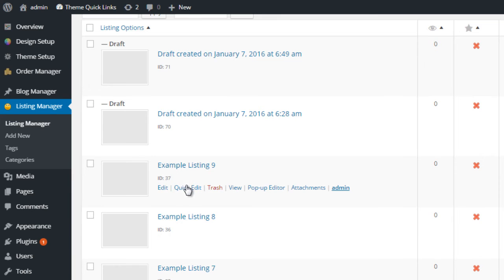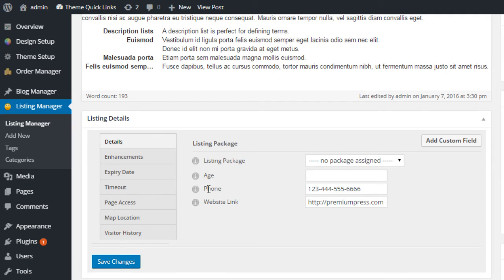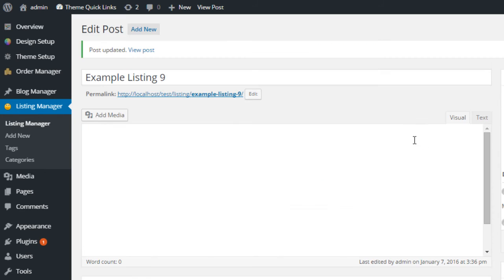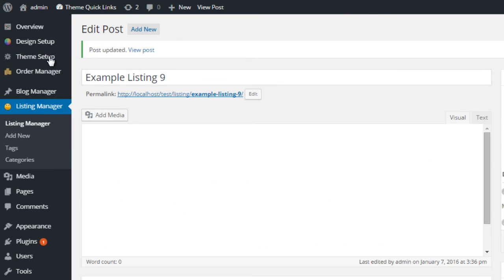We can create a new listing, or we can edit an existing listing. You can scroll down and you can see our new custom field is here, age, and we can just give it an example. So we'll give this an age of 50. Click Save. So now what we've done is saved a value for our age. If we go back to our theme setup,